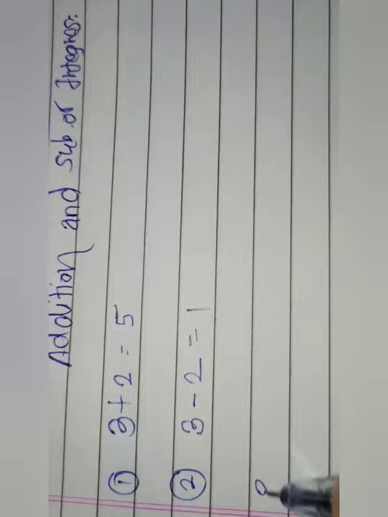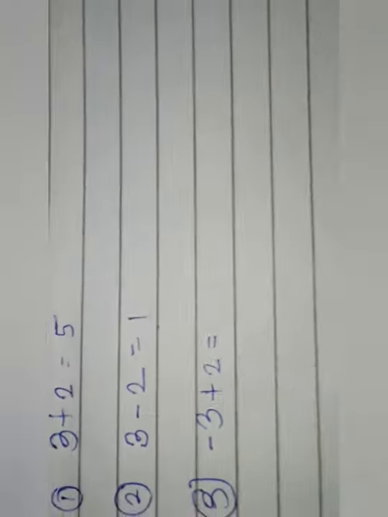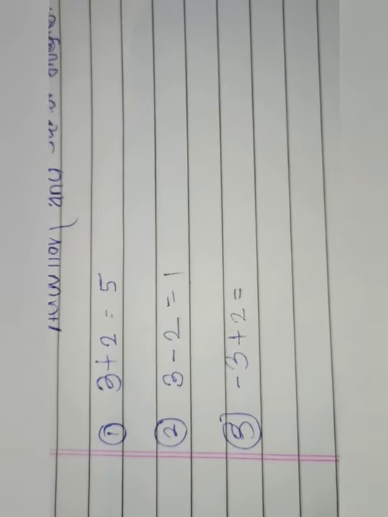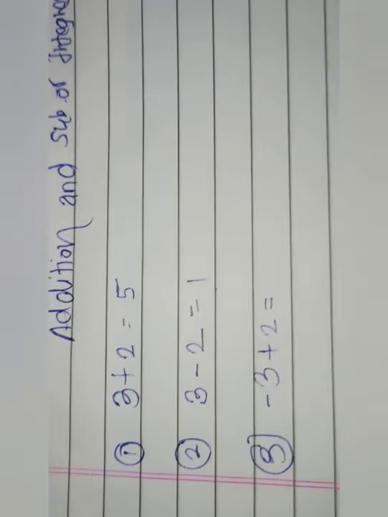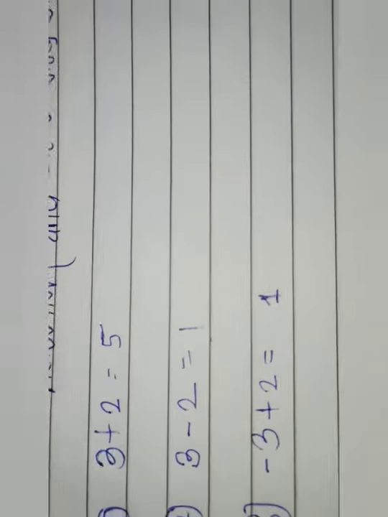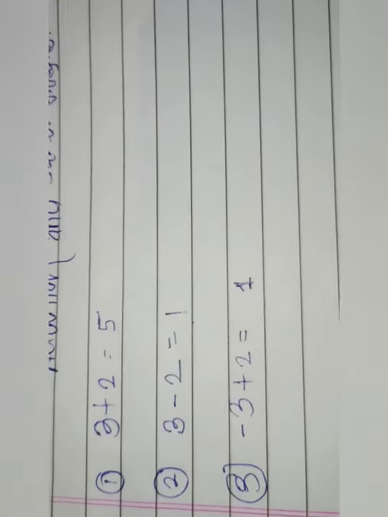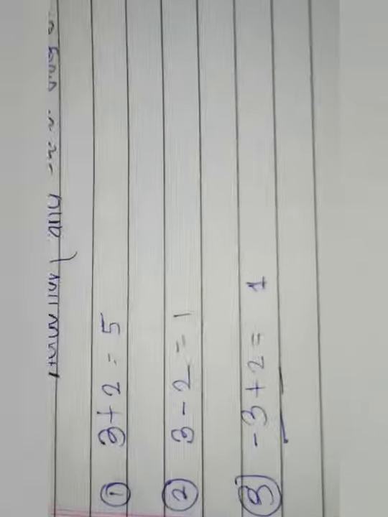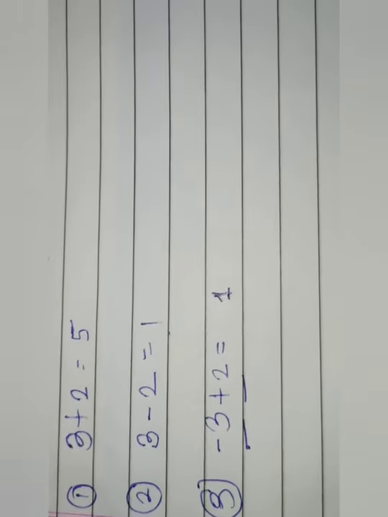You should know. Suppose there is minus 3 and plus 2, then what will you do? We will do the subtraction. So minus 3 and 2, 1. But what about the sign? Which sign will you take, plus or minus? Are you remembering something? If there is minus 3 and plus 2, then their subtraction is done and the sign is given of the number which is greater.